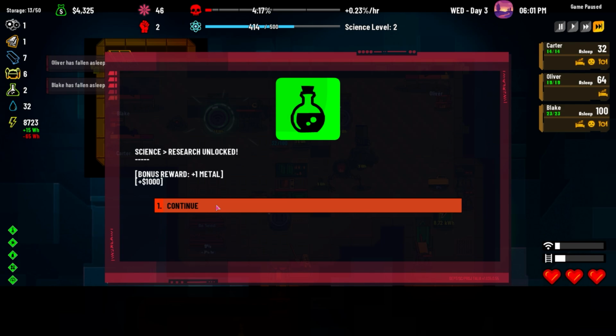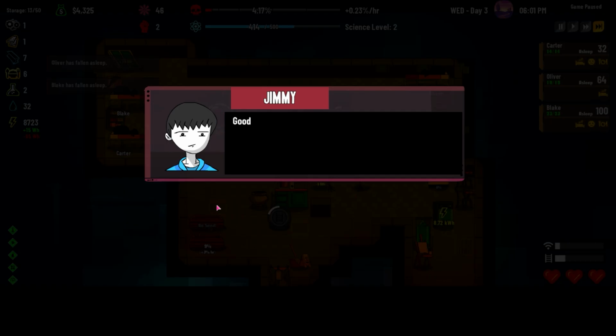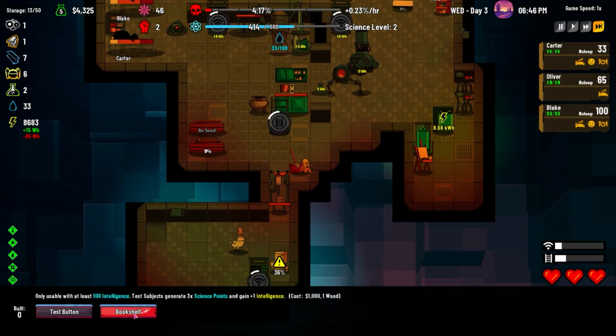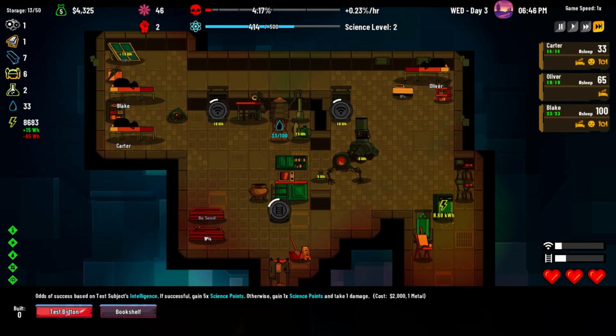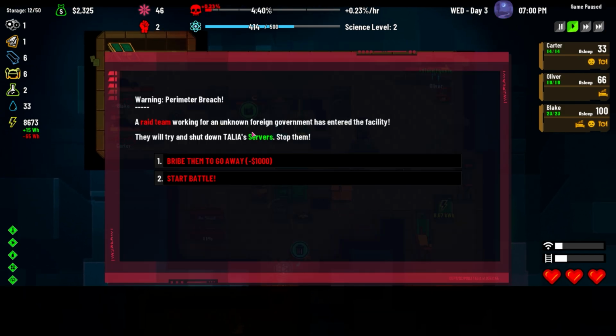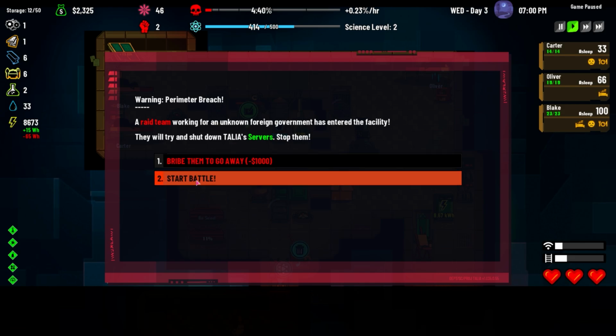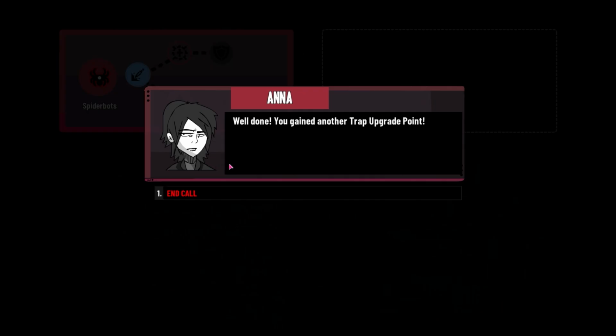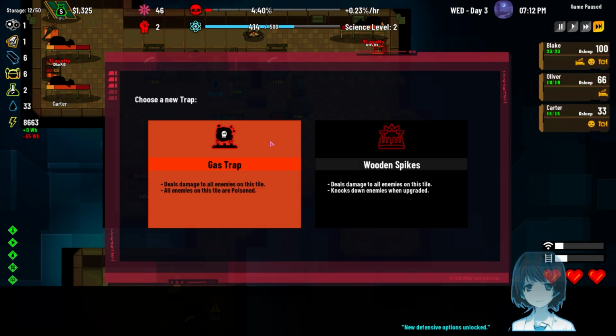How true. Anyway, right, we now got science research unlocked, so we can now build research, bookshelf or test button. Odds of success based on the test subject's intelligence. I'm going to get a bookshelf, test button, and we're going to put the test button there. Anyway, perimeter wall is breached. We can either start the battle or bribe them. I'm going to bribe them to tell them to basically go away, and we'll unlock a new trap, which is either